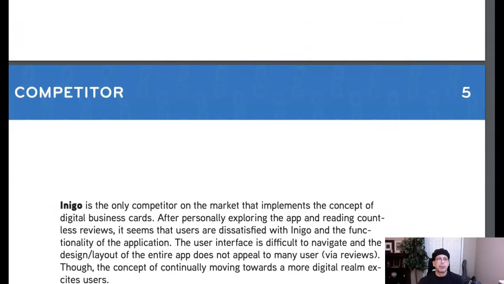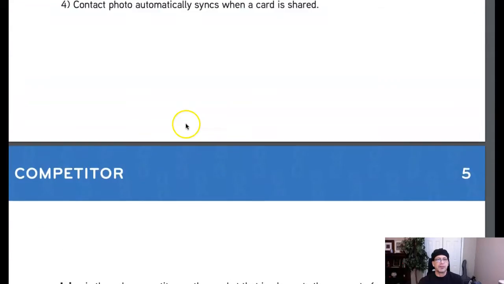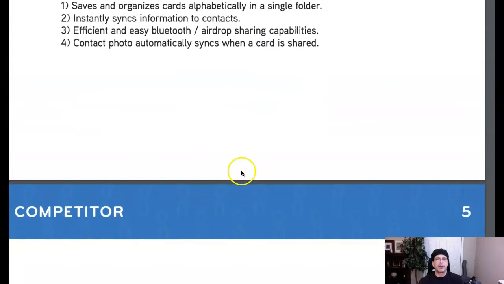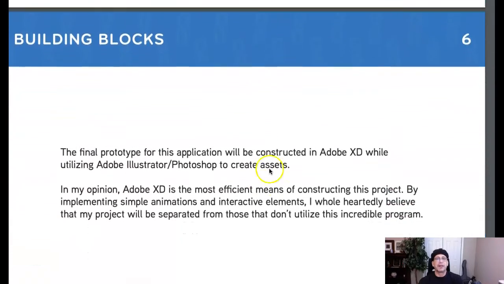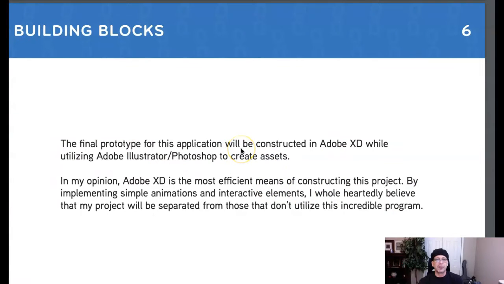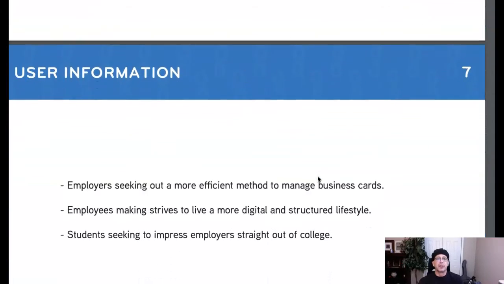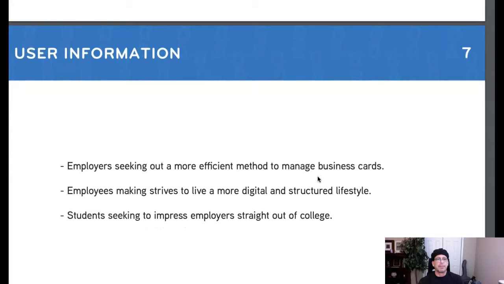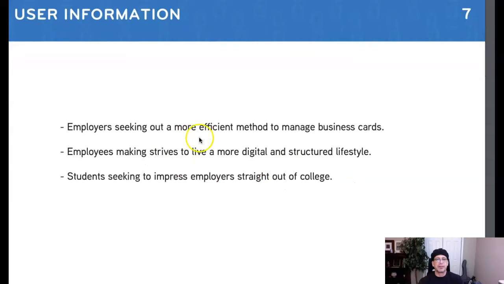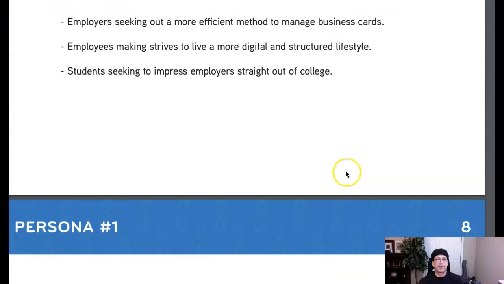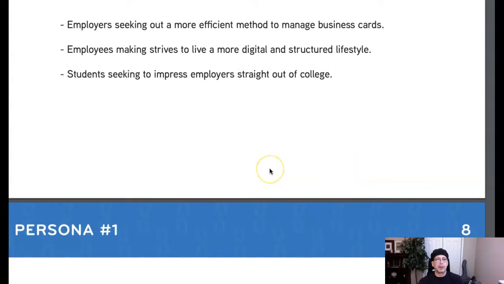That's great. We go to competition. So we have functions and features as your four main features, right? Then we go into research findings. So you've got your competitor there. That's fantastic. And you have this building block section. So that's excellent too. You're defining the software you're going to use. User information. So this is actually an extension of the solutions page. So that's cool. Then we jump right into our